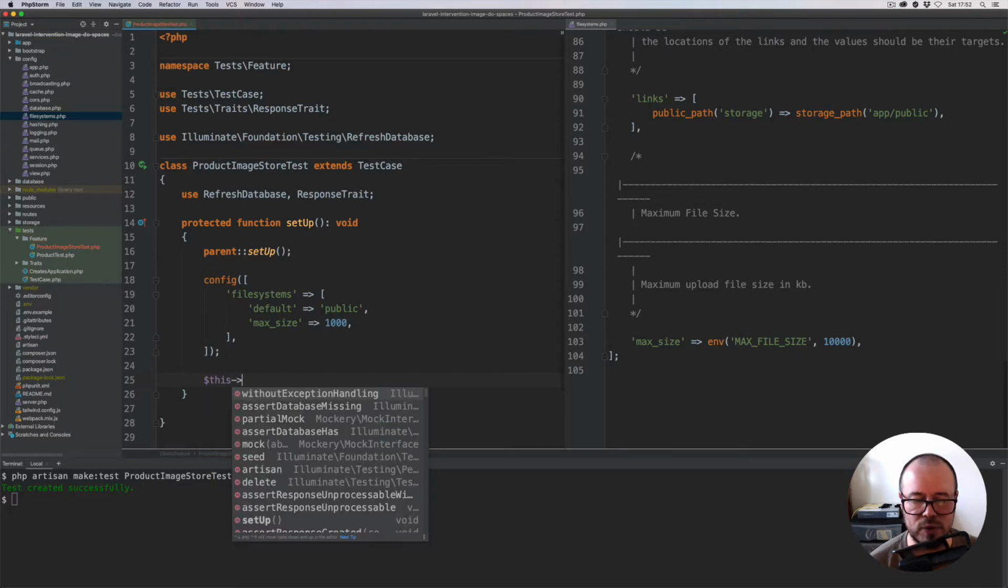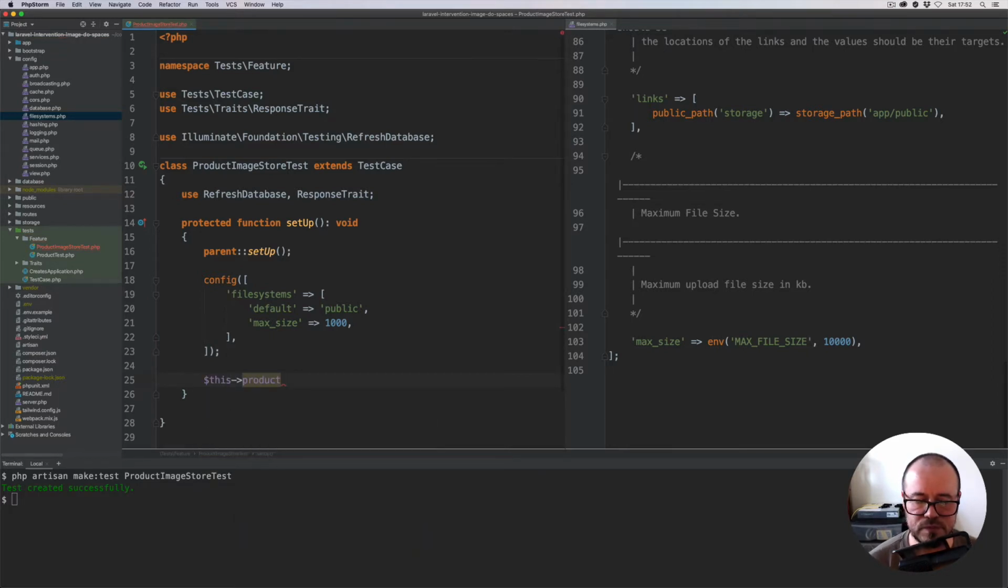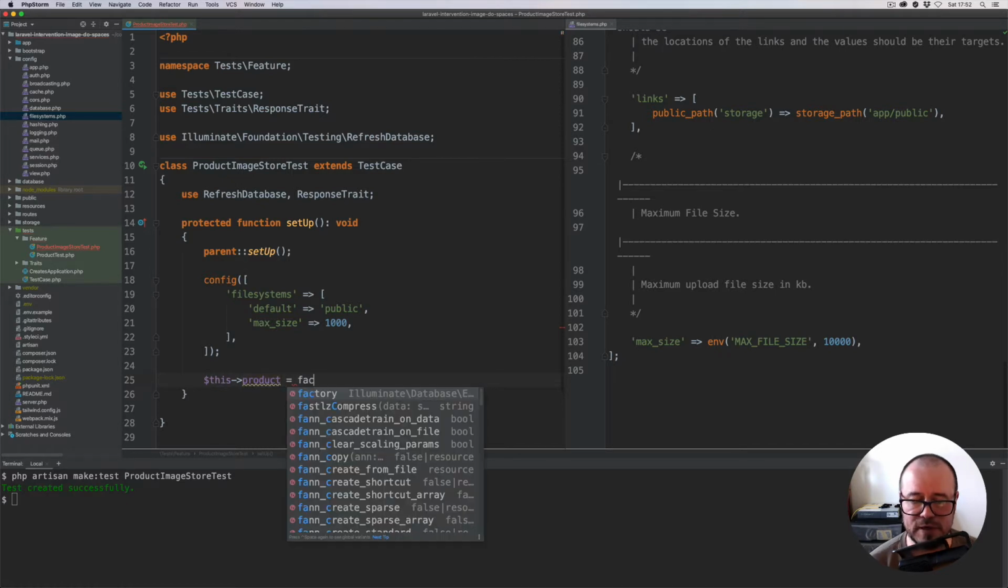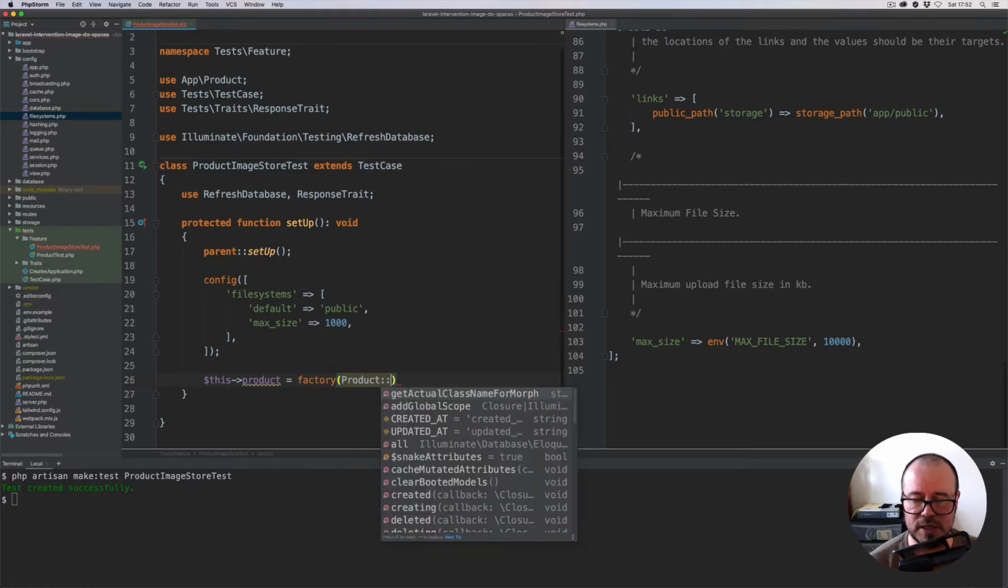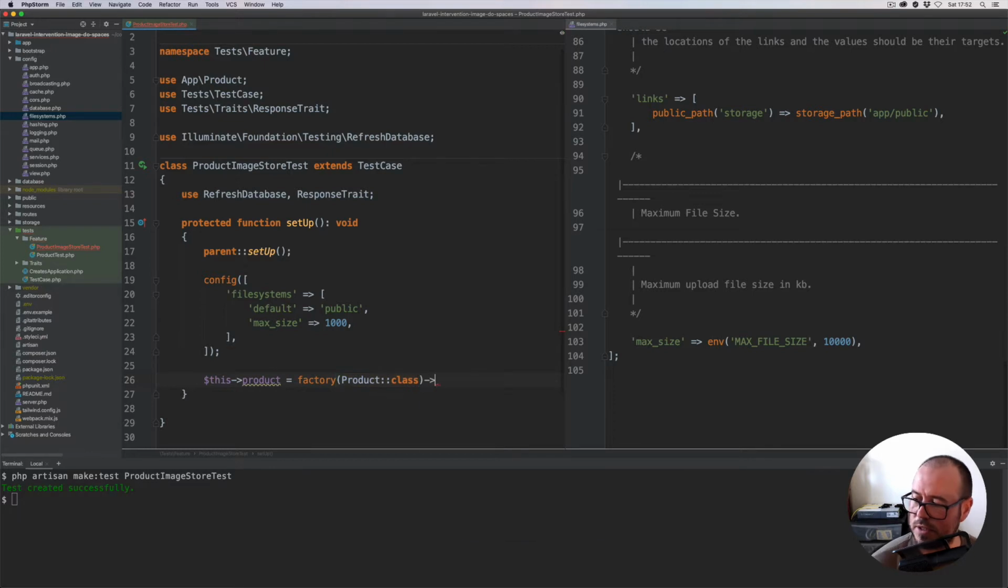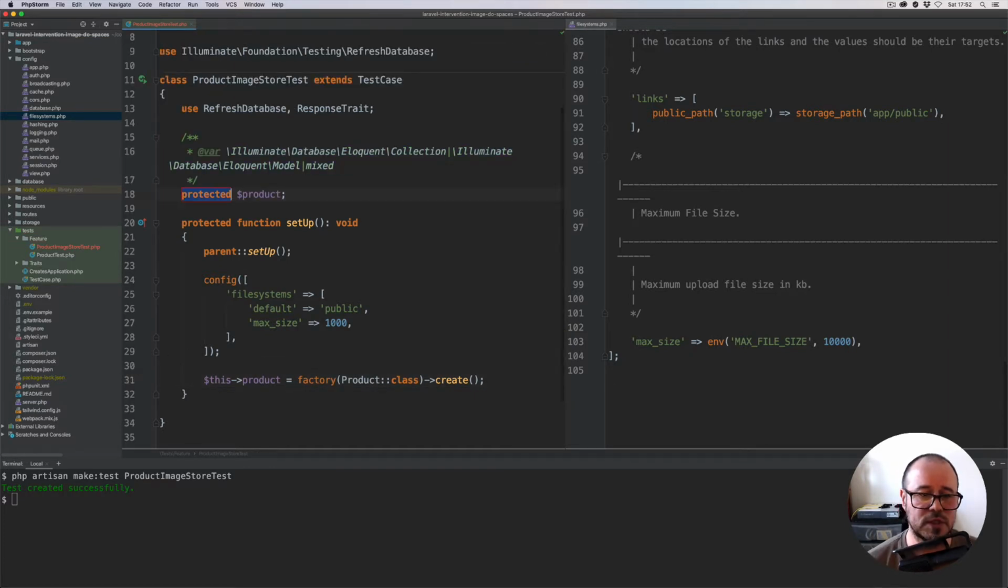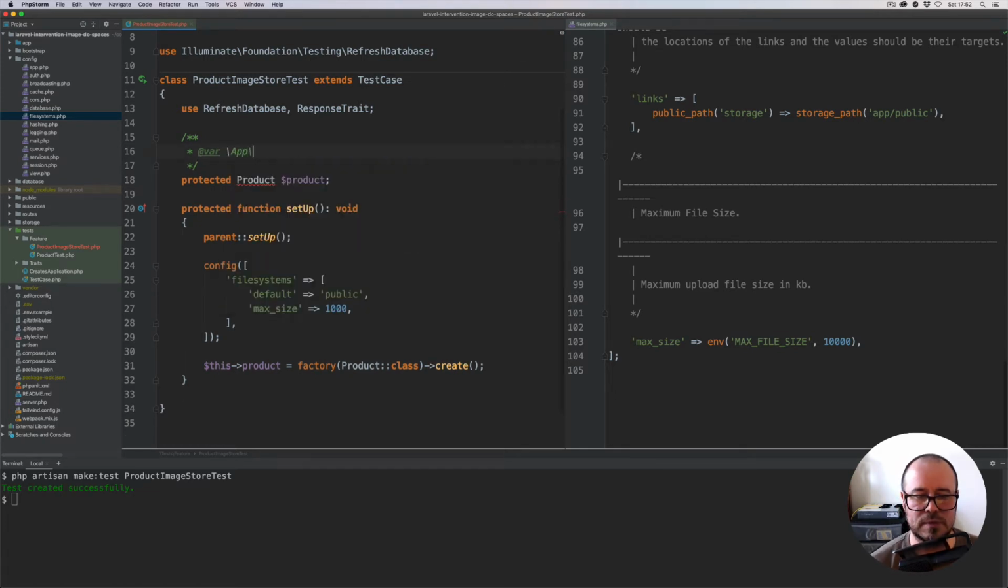Then we're going to create a product property, which will be the Product factory class, and we just create a single product so we can actually associate any uploaded image with it. So let's create the variable, the property for this class, and I'm going to use Product here. That needs to go. It's going to be product,